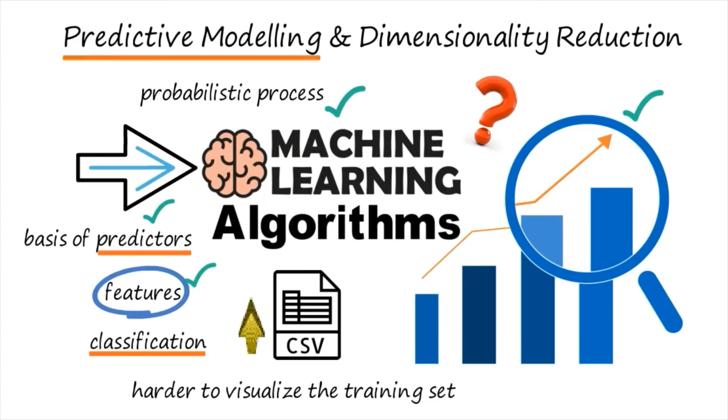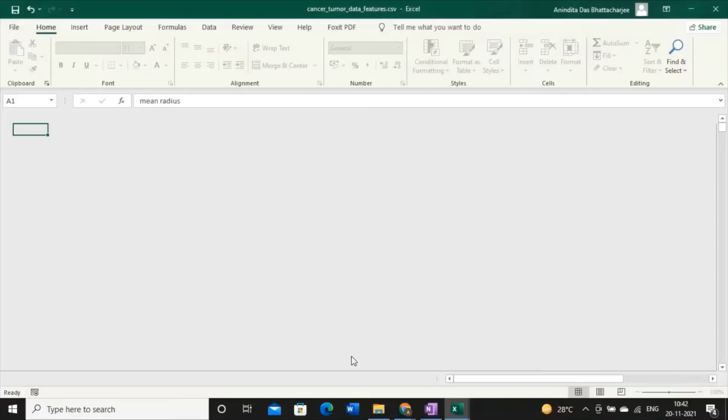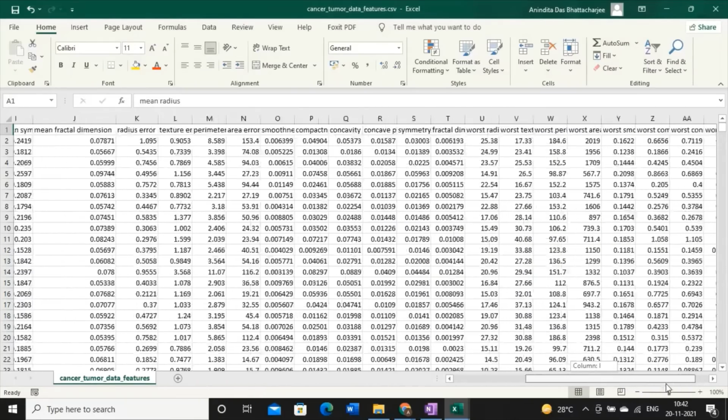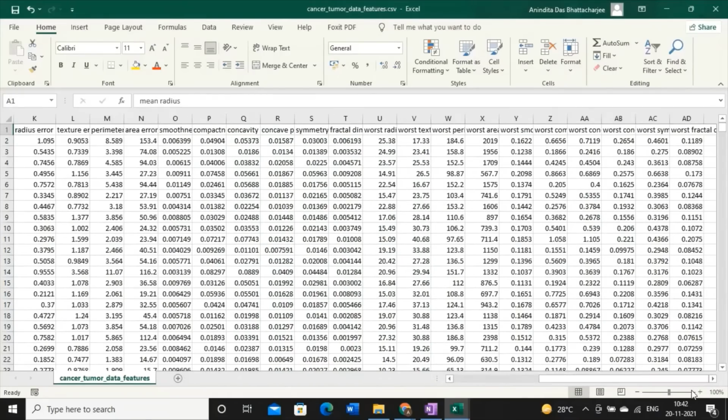Now what do you mean by a higher number of features? See this example. This is an Excel file, and see the name of the Excel file: cancer tumor data features. This is the Excel file that contains information about cancerous tumors.